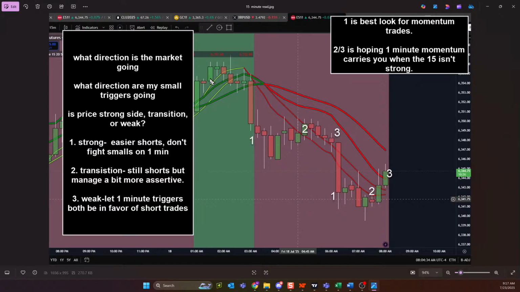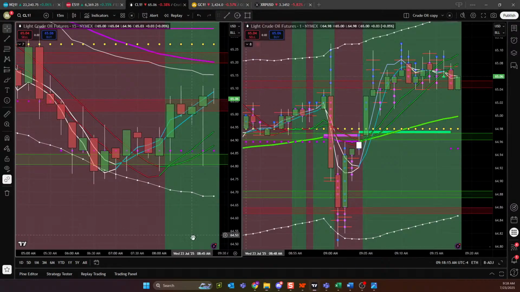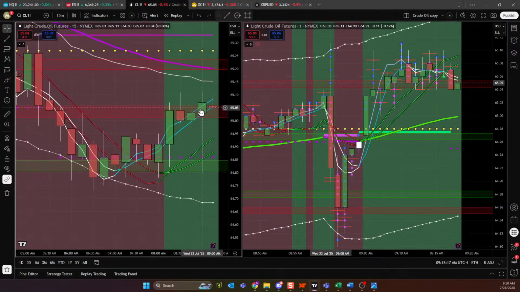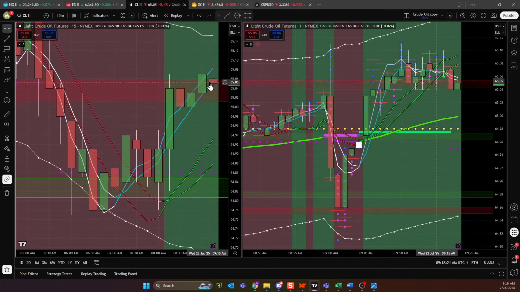And you can see the same up top. You're on the strong side, the transition side, there's your weak side. And once those small triggers roll over and point down, guys, you find yourself on the strong side of those triggers. So every time I look at my large chart on TradingView, I say, okay, we're going up. Smalls above the large, momentum is up. I am inside of the small triggers, which means that it's a transition. It's not the best of the best strong look.